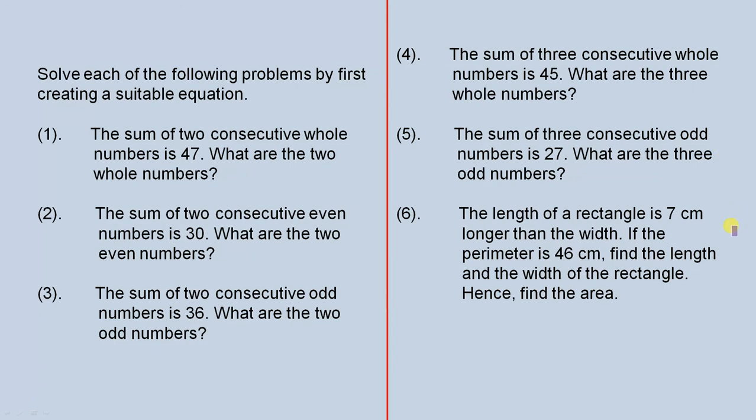And the last one is a very popular one that we normally encounter when we do problem solving. The length of a rectangle is 7 meters longer than the width. If the perimeter is 46 centimeters, find the length and width of the rectangle. Hence, find the area. So as I said, if you're not quite sure how to proceed, just click on the